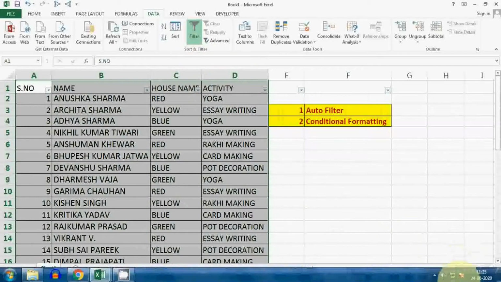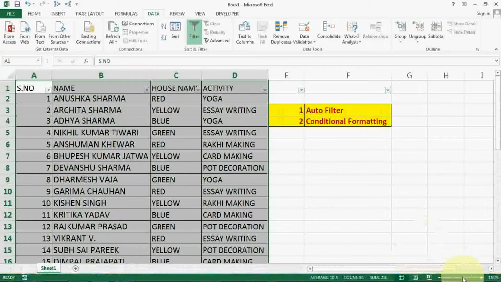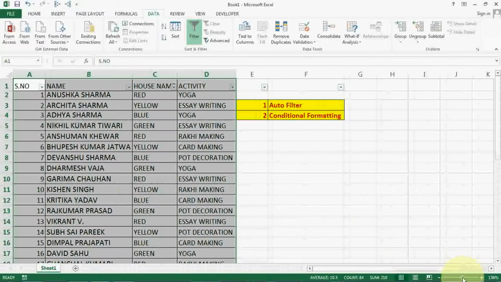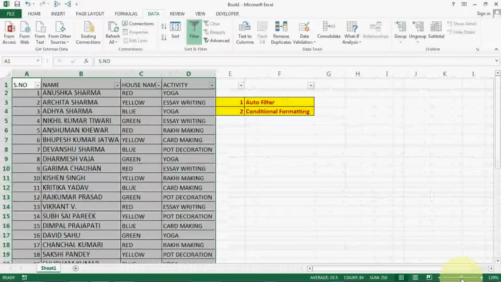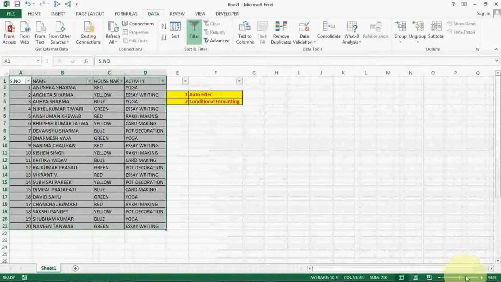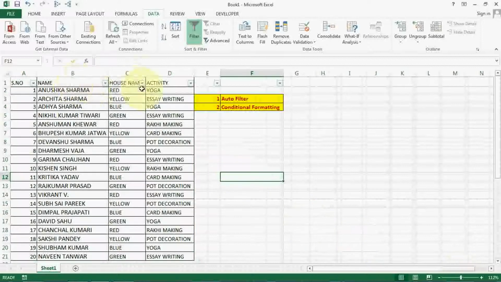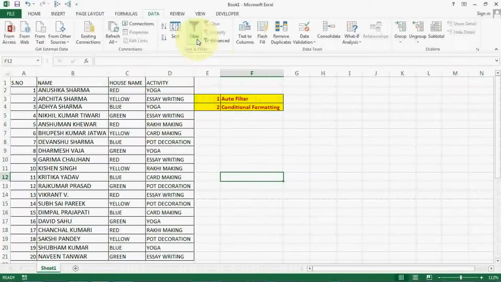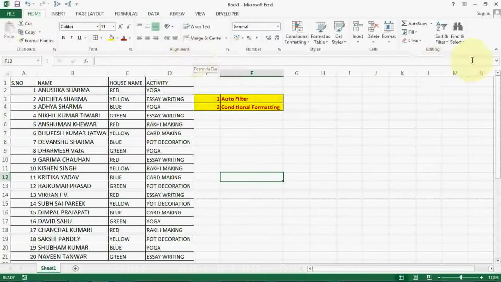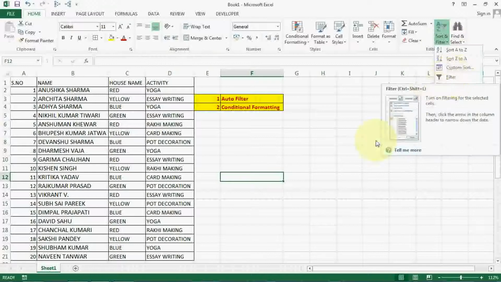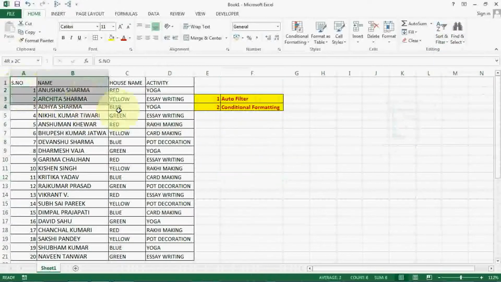Now I have performed autofilter. If I want to remove it, just click on Filter once again under Data. You will get this option on the Home tab also, from Sort and Filter. From here also you can perform the same task. Now let me apply conditional formatting. So I have selected the data.